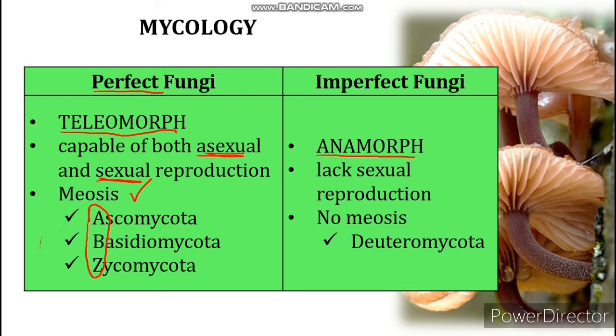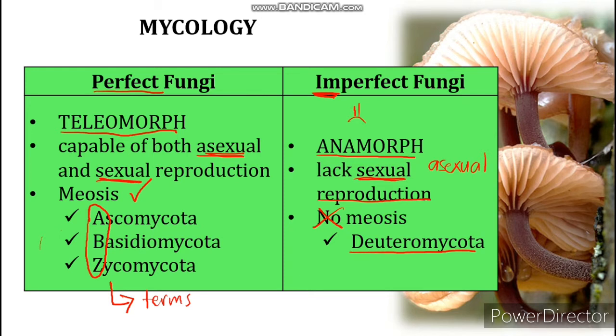Next, while your imperfect fungi, hindi siya perfect kasi may kulang sa kanya. Ano yung kulang sa kanya? Kulang siya ng sexual reproduction. Ano lang yung kaya niya? Yung asexual reproduction. And, take note, wala ring meiosis na nagaganap sa kanya. Kaya siya hindi perfect. Example of this one is your Deuteromycota. Another tip for mycology, use terms like this